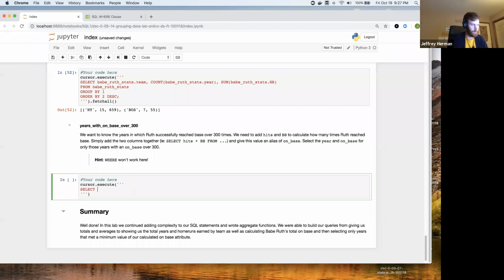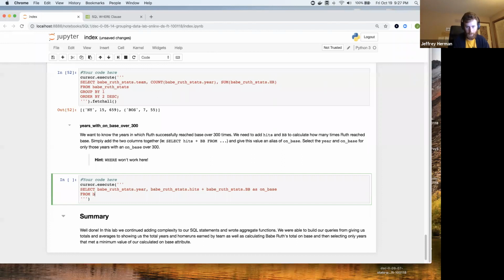So select year. So Babe Ruth stats, we want to grab the year. And then we want the hits and walks columns to make that on base number. So hits plus Babe Ruth stats.bb. We want to set an alias of on base from the Babe Ruth stats table,